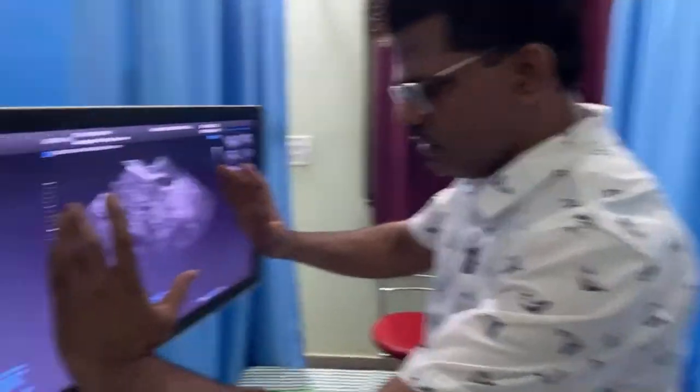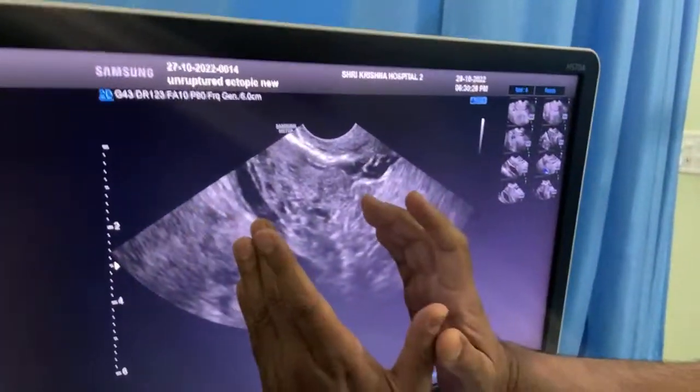Now what is the rule? Whenever you are doing any type of scanning, I keep on repeating, you have to use the SONOMANTRA scanning rules. What are the SONOMANTRA scanning rules? Simple. You have to decrease the scan area as much as possible. See, this is the scan area. Decrease the depth, adjust the focus, zoom the area. And after that, remember the 4 P's.